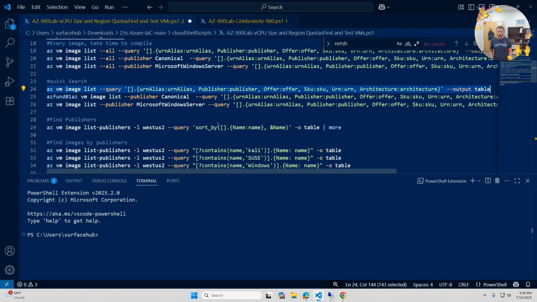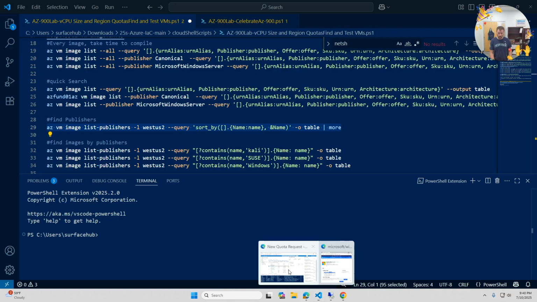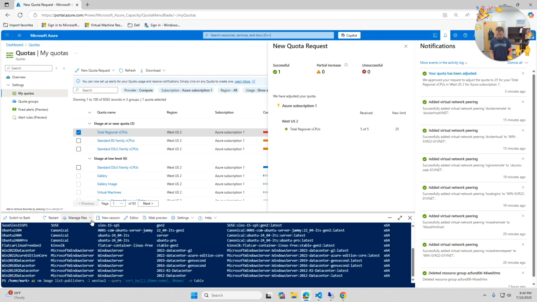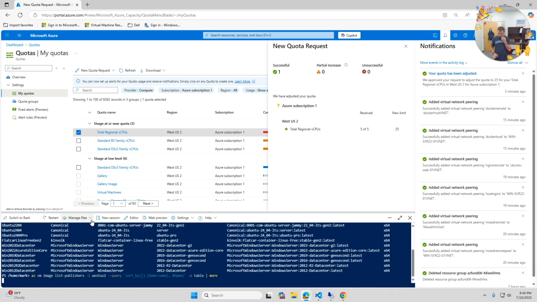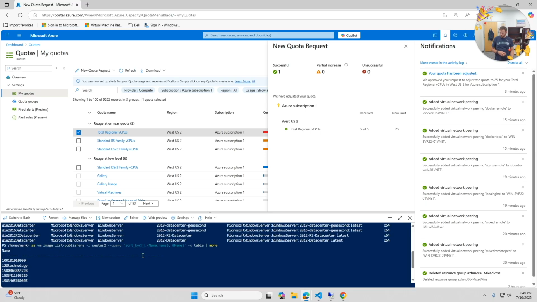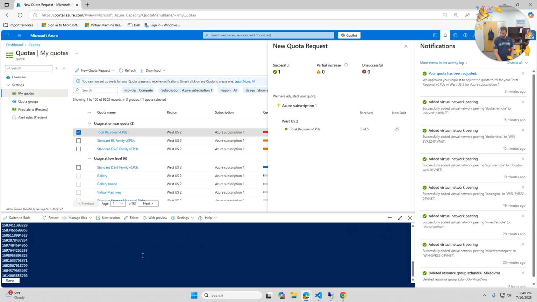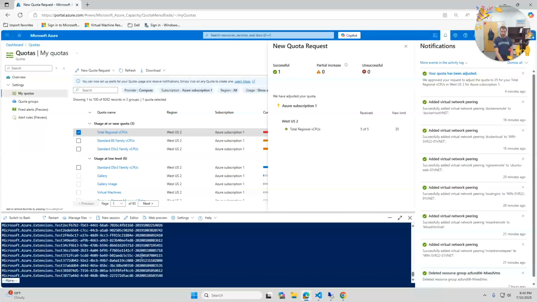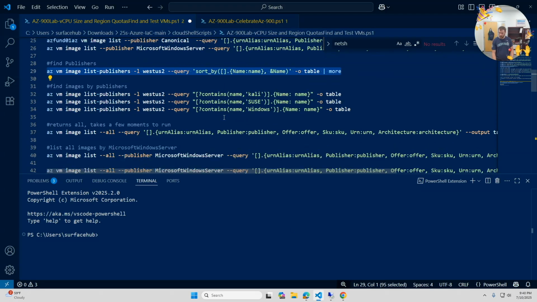But we can use the sort by to sort the results. And this time we're just going to list the publishers instead of the actual images. And so then it will start to list all of the publishers. And you can see they've got some odd names. Like we just scratched the surface in these four labs. And then the last one